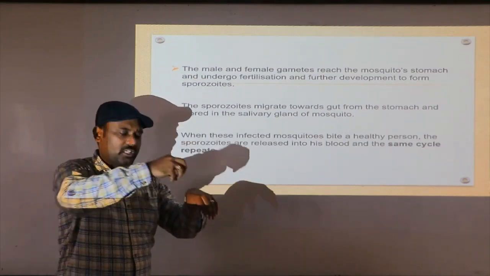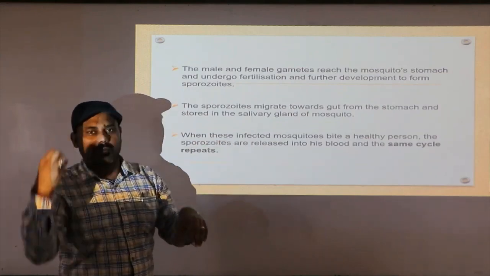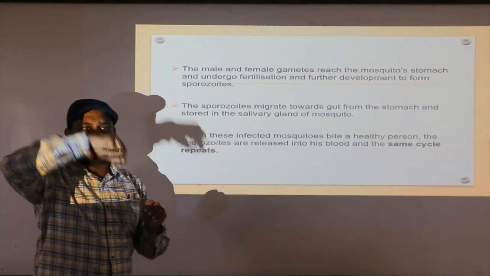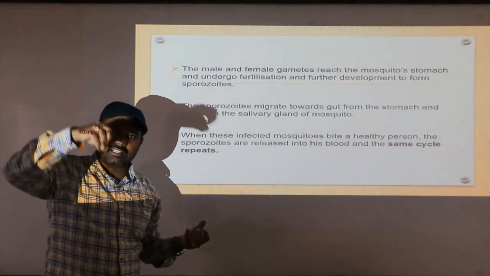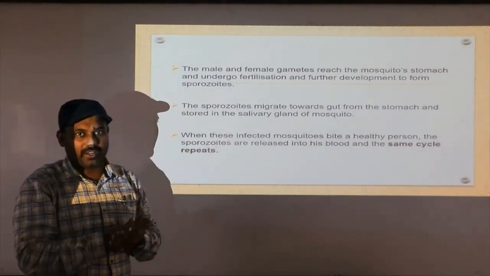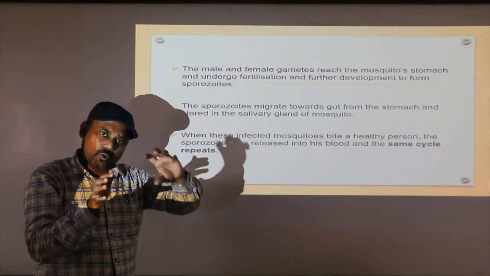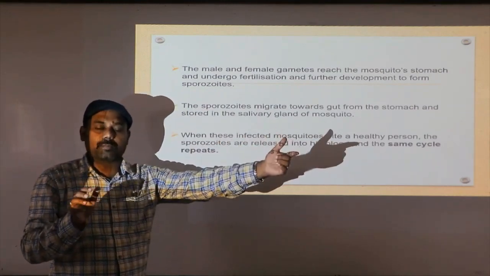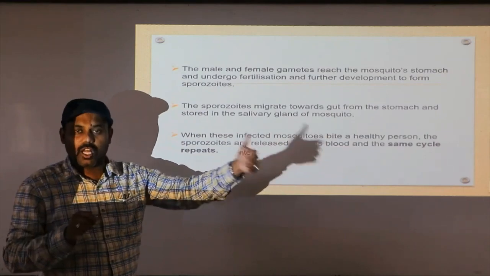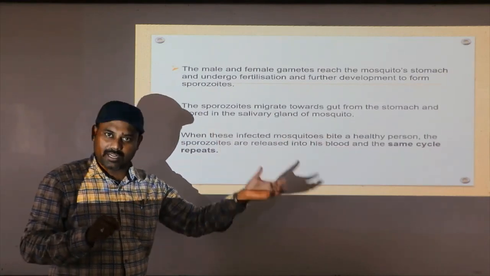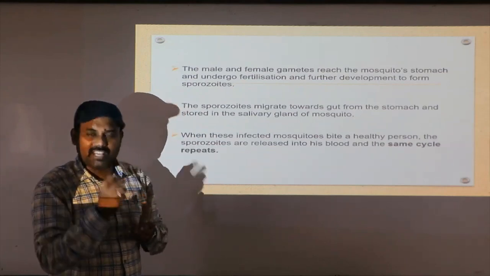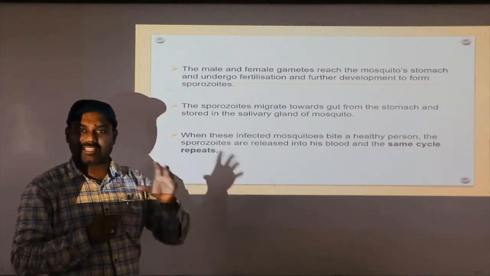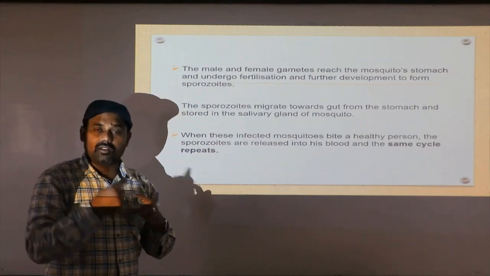Along with the blood, the sporozoites enter into the mosquito's body, and that mosquito bites another person, a normal or healthy person, and releases the sporozoites into his blood. From the blood, those sporozoites reach a specific organ called the liver through the hepatic portal vessel. Clear my point? So once they reach the liver, within the liver cells or hepatocytes, they undergo asexual